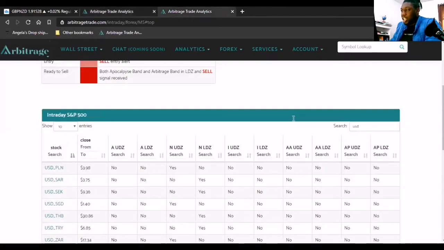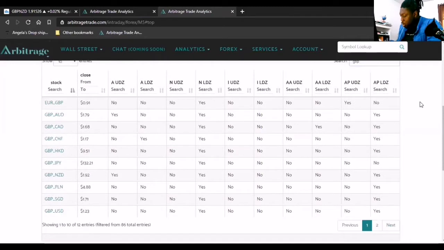Let's go ahead and go to GBP. I have a lot of GBP pairs on my radar right now. So Euro GBP, 5 minute time frame. We do have. Oh,